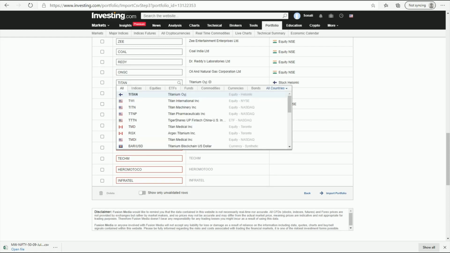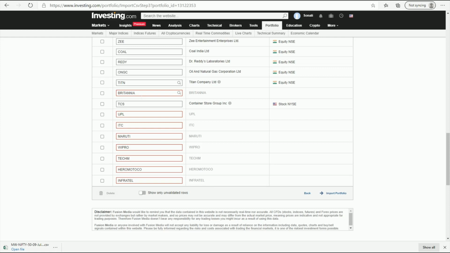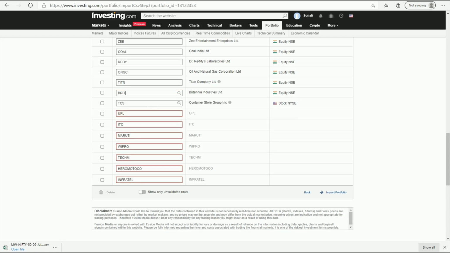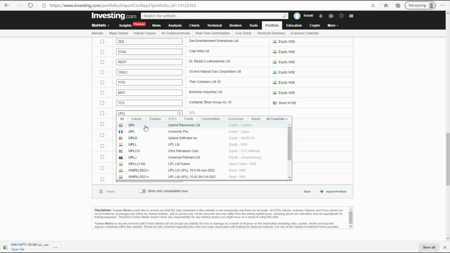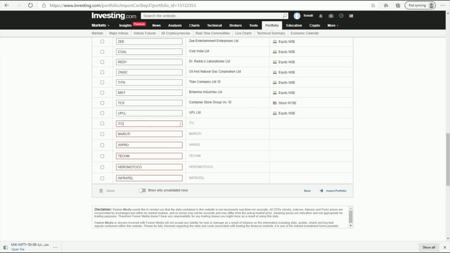Here in Titan, if you see, our Indian flag is not seen, so we have to go to all countries, select India. There you will find our Indian stocks and then select. So it will become easily selected. Now we will finish off all the selection of the stocks and then we will continue with our import.